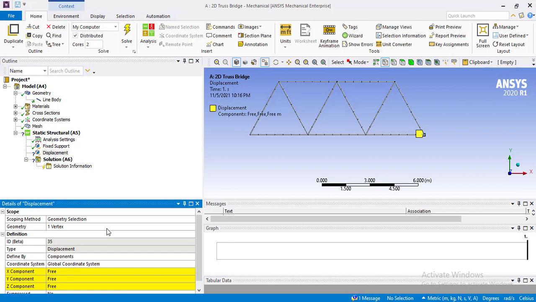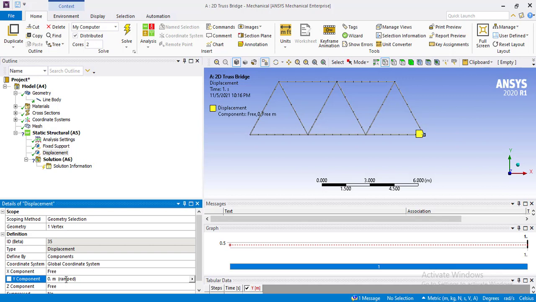The reason is that due to changes in the weather condition, the steel structure of the truss expands and requires some allowance in the X and Z direction. Therefore, we will let the node be free in the X and Z direction, and we will enter 0 on the Y component. The Y component is fixed and only the X and Z components will move.